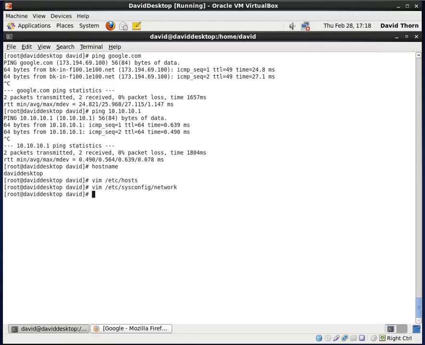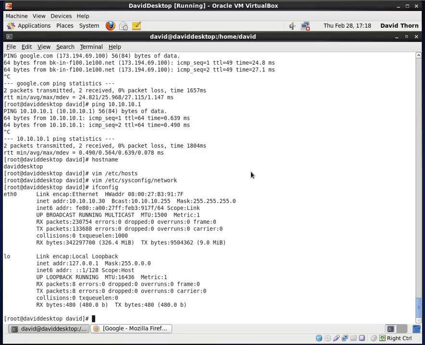Okay, so in the last tutorial we configured the network. The one interface card that we have on this one virtual machine, this CentOS 6.3 desktop version, we configured with a static IP address of 10.10.10.30, and a network mask of 255.255.255.0. If we just do ifconfig, you can see here that we've got